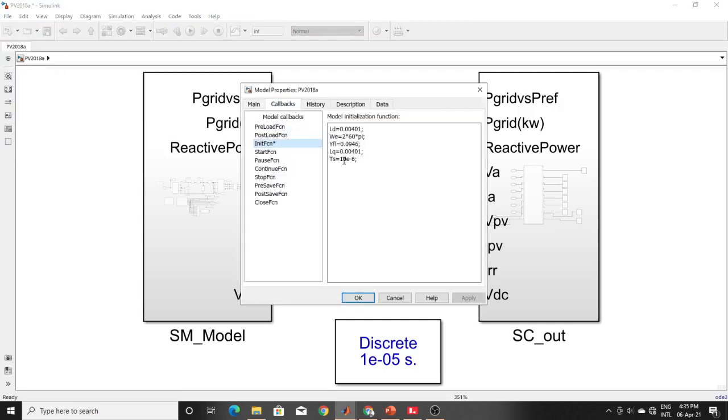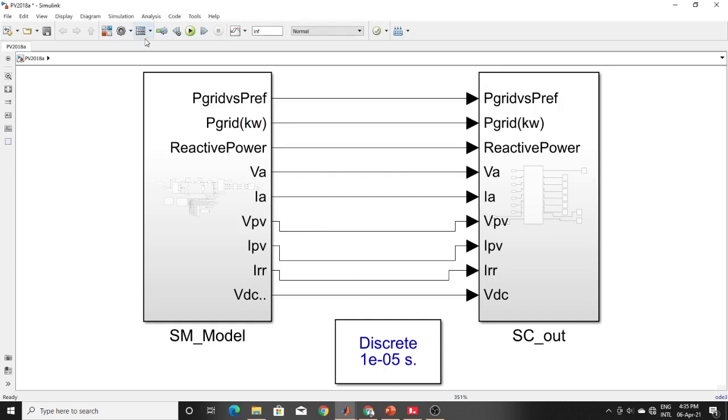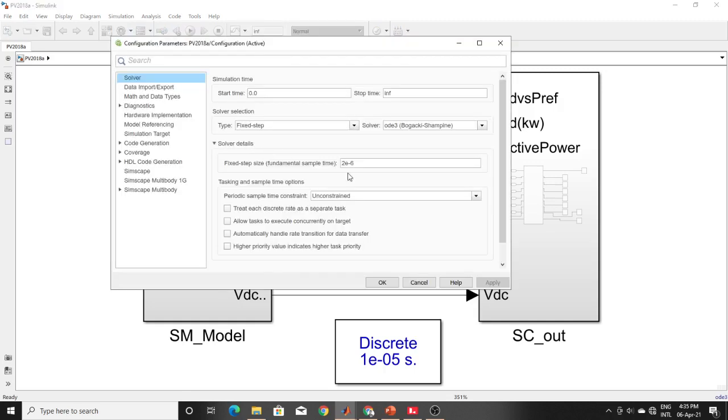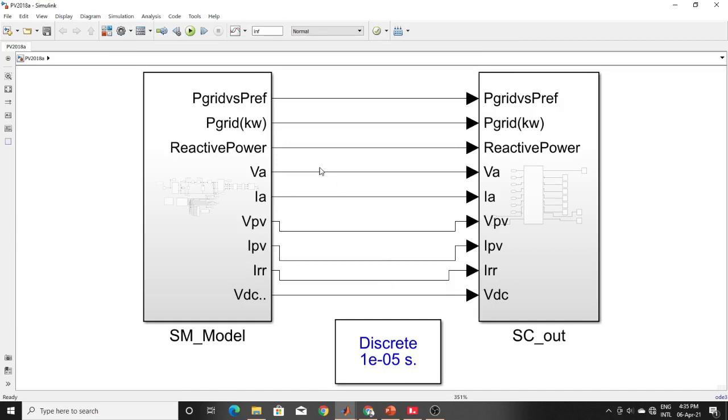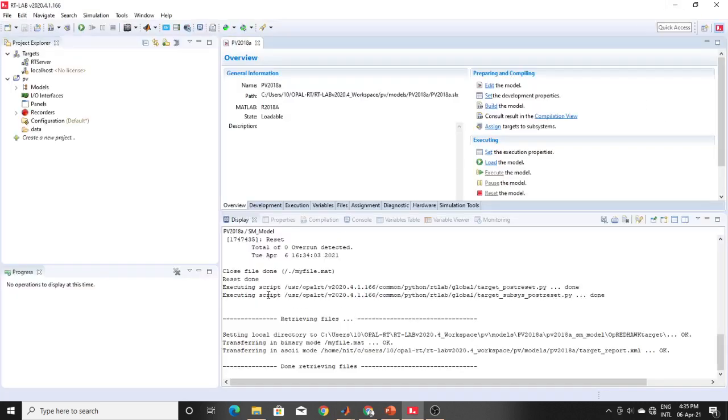You need to be sure it's at least 10 microseconds, but I am making it 2 e minus 6 because I want to show you when overrun can come, since here it says total of 0 overrun detected. Just save it.